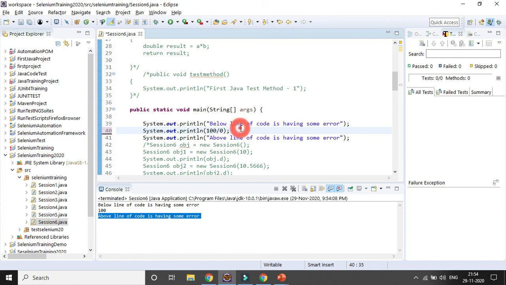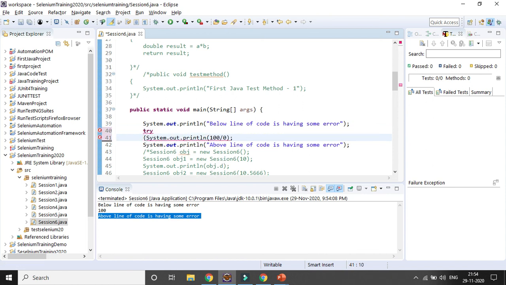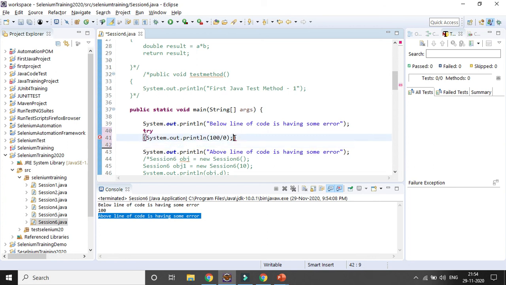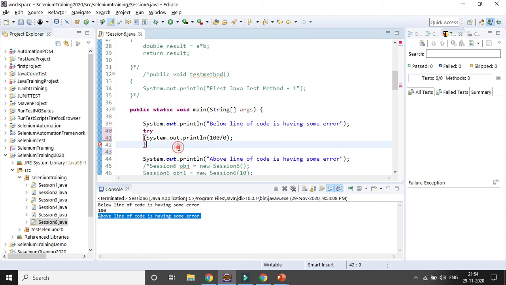So what is the syntax for creating the try catch block? You have to use the try keyword first, then you need to give brackets. Within the brackets you have to give the statements, then you need to close the brackets. Then you need to use catch, and you need to give the exception name.